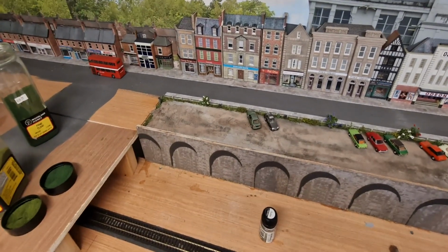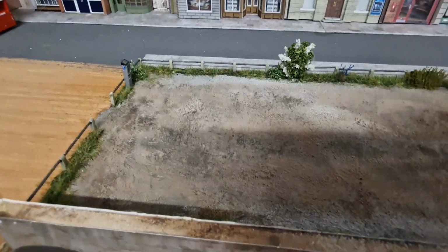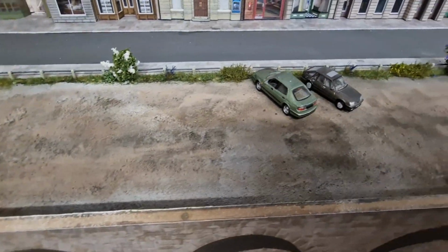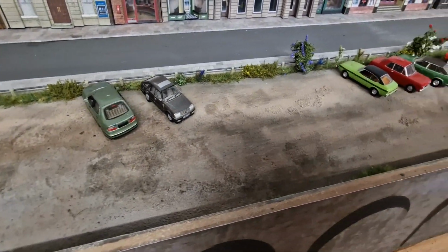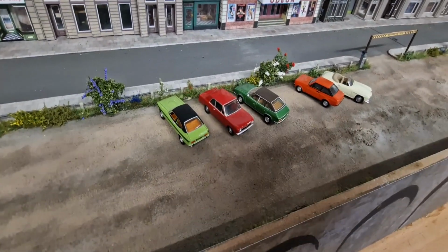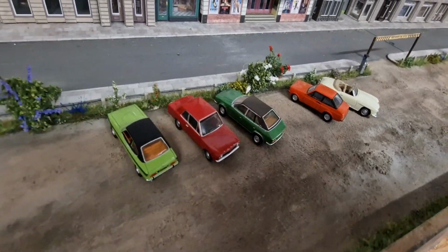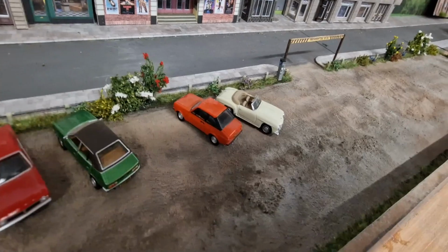So I've still got some signage to do, but I'm quite happy with the effect at the moment, and need a lot more cars. I haven't got many. These I move around at the moment to different areas as I'm needing some cars. I do need to buy a lot,